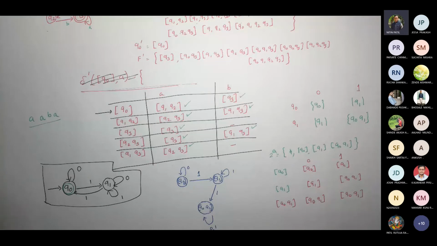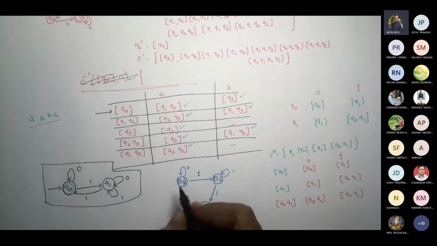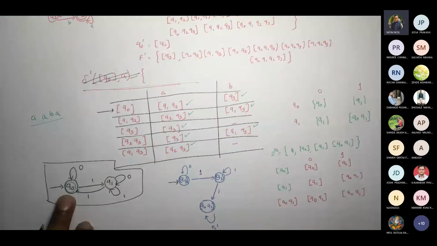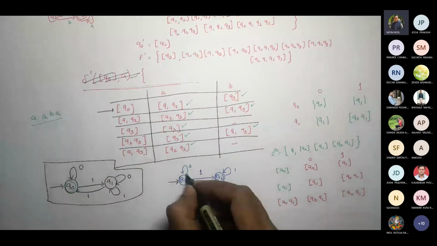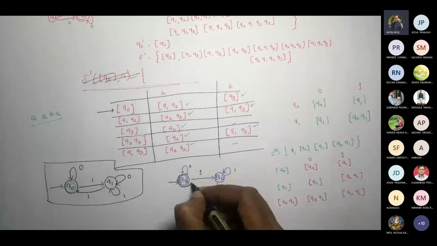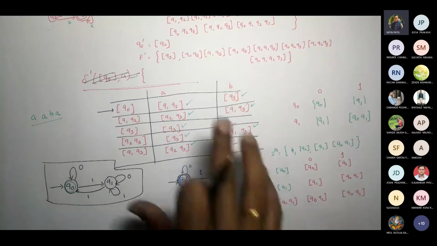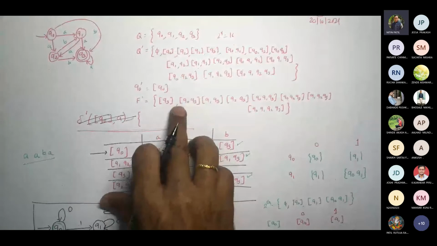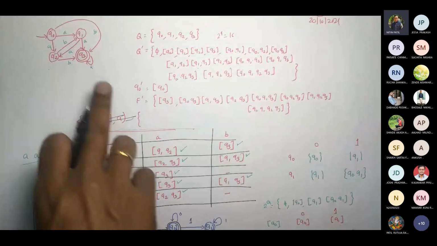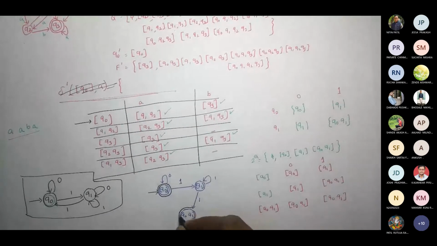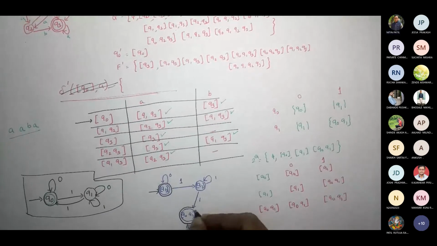Now we have to talk about the final state and the initial state. As per our understanding, this would be our initial state. Now in our example, Q0 was given as final, so this will become final, and wherever Q0 occurs, that would be treated as final. The way that we work with this example, because in our example Q3 was final, is why we took it this way. So this also would be a final state.